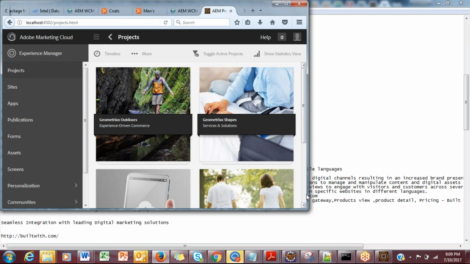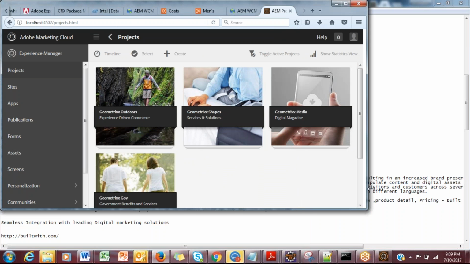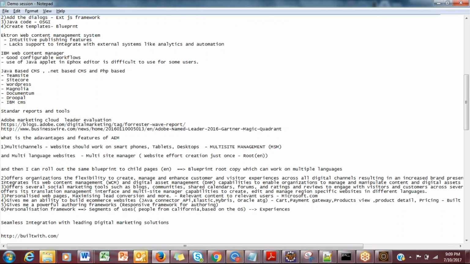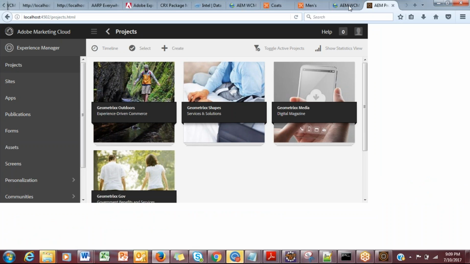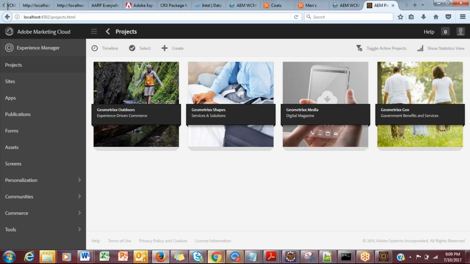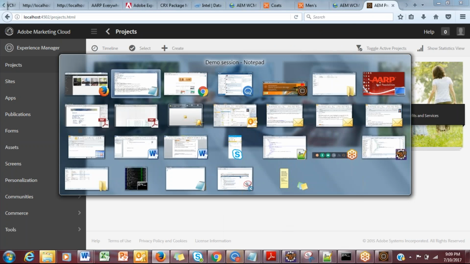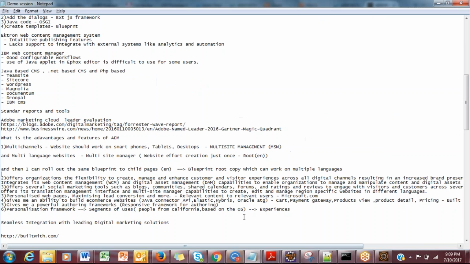So if you see, this is a responsive framework. It becomes a 3-grid. If you expand further, it becomes a 4-grid. So who's doing this? AEM. The moment you ship the server for the first time, you would basically get this feature. Right? So AEM gives you a powerful authoring framework, a responsive framework for authoring.